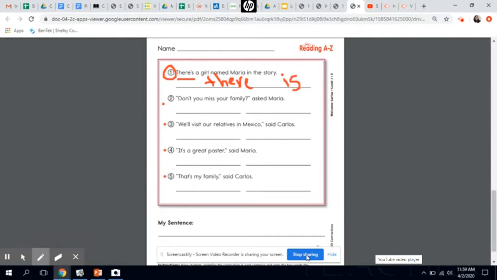Okay, great. Now, for this last part where it says my sentence, you are to choose two of your favorite contractions from 1 through 5 and create your own original sentences. I will take the one that I created up here as an example. So I'm going to use the contraction theirs, and I'm going to make my own original sentence. I am going to write